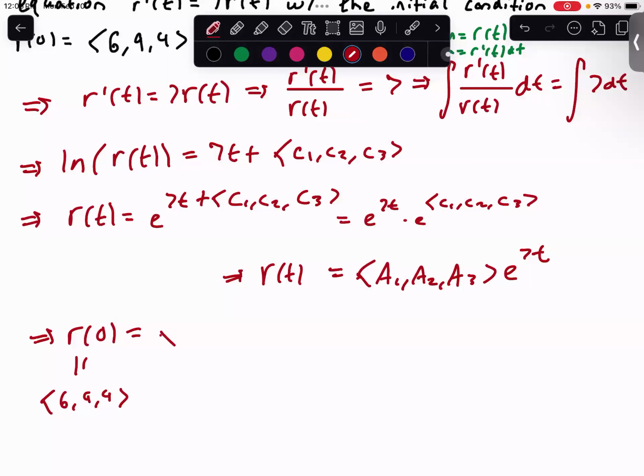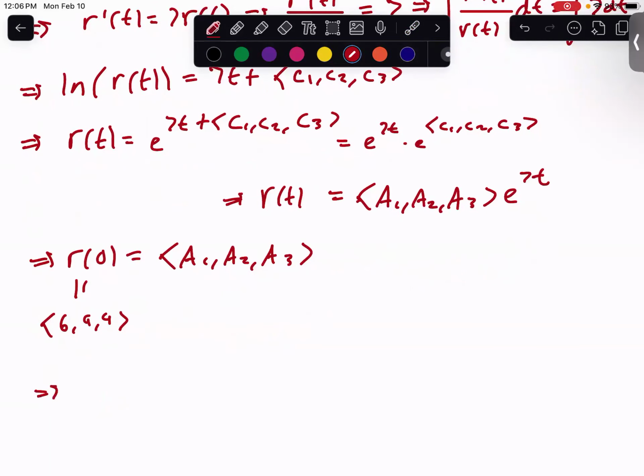This is also just equal to the vector A1, A2, A3 times e to the 0th power, which is just equal to 1, right? And so this just tells you what the constants are immediately. You don't have to do any solving. You just see A1 ends up being equal to 6, A2 ends up being equal to 9, and then A3 ends up being equal to 4. So combining those pieces of information, we get R of t is going to be equal to 6, 9, 4